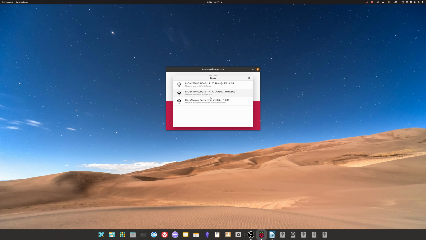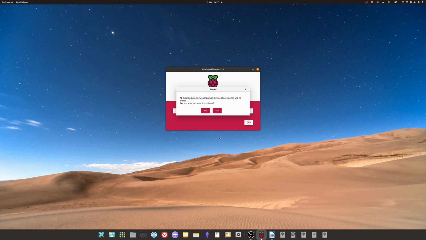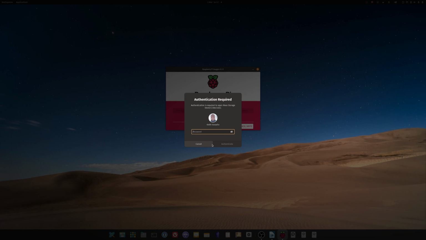Okay, these are another 2 external drives I have, which are not what I want to erase. So make sure you choose the correct one, and then click Write. Okay, you'll be warned that all existing data will be removed. I'm fine with that. And in my case, and probably on macOS as well, you will need to type in